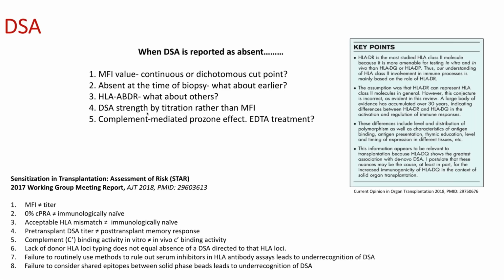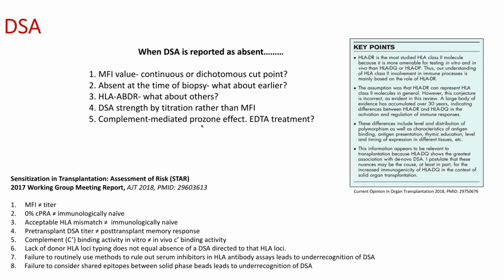When you dilute it, just like any other antibodies, the strength is better reflected by titration values rather than by MFI values. And finally, there is something called a complement mediated prozone effect. What it means is you can have tons of DSA, but they are not reacting in vitro because of this in vitro complement formation